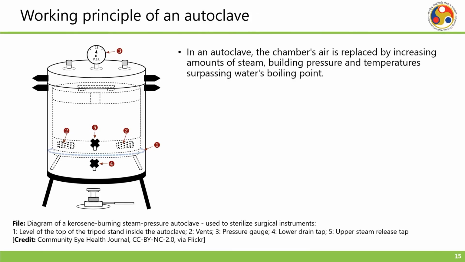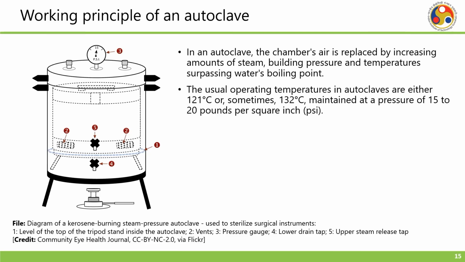So, what is the working principle of an autoclave? In a way, it is actually a pressure cooker. The chamber of this cooker is tightly packed with a lid. The air inside this chamber is replaced by increasing amounts of steam, building pressure and temperatures which surpass water's boiling point. The usual operating temperature in autoclaves is either 121 degrees centigrade or sometimes it can go up to 132 degrees